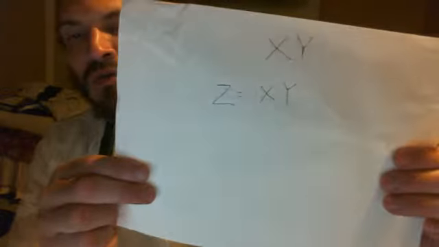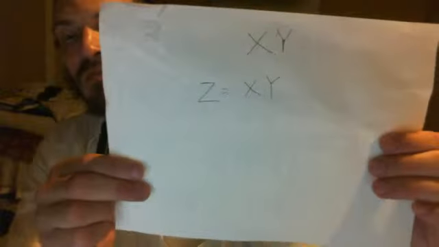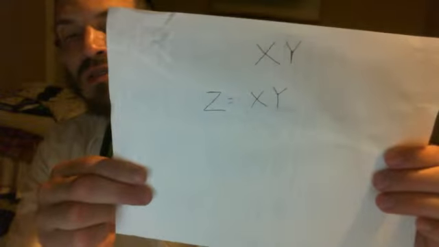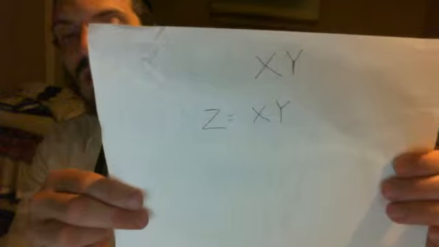Here I wrote it down. I'll show it on the screen. One is x times y, and one is z is equal to x times y. What am I trying to say? So I'm sure you bumped into the subject that's called joint distribution. Joint distribution means that there is